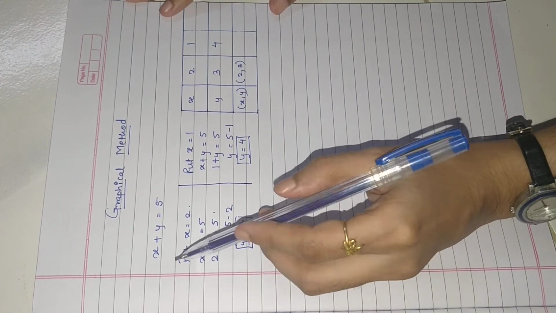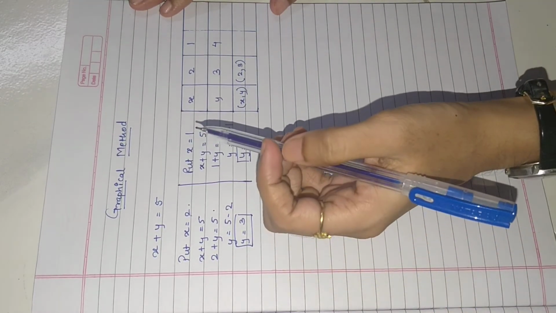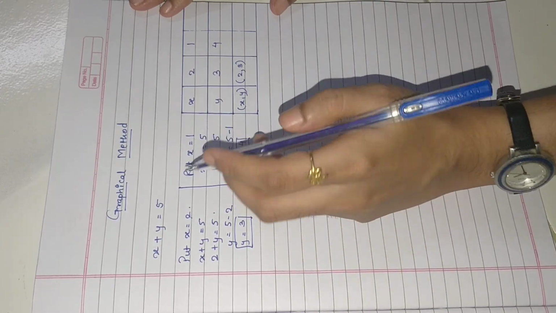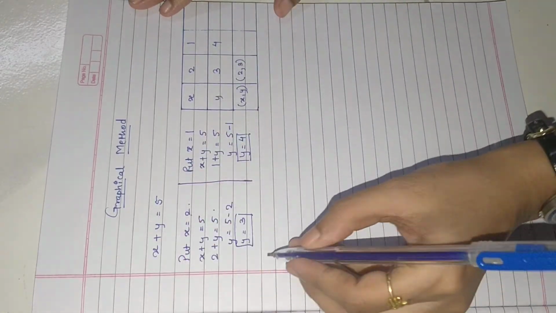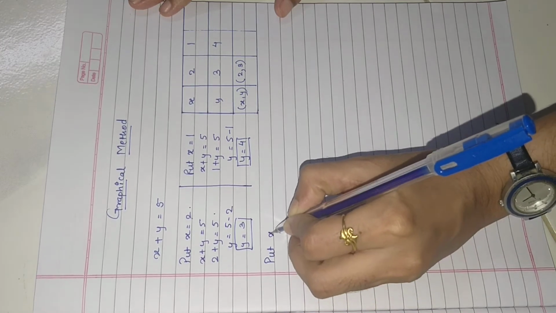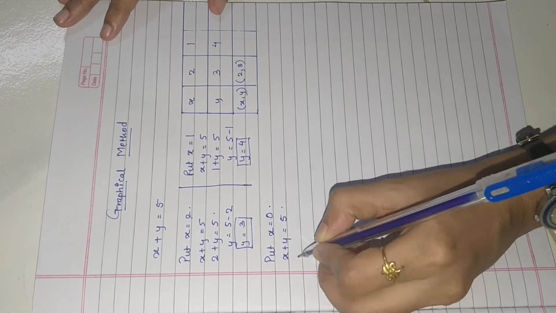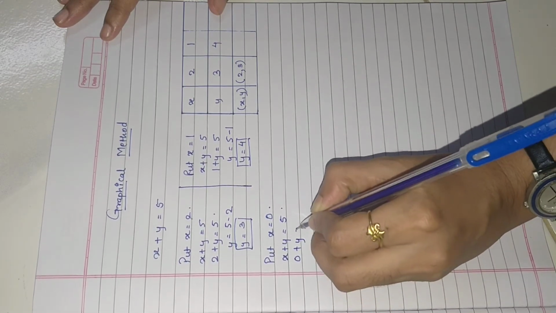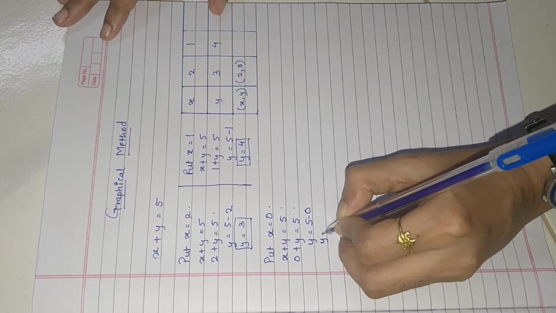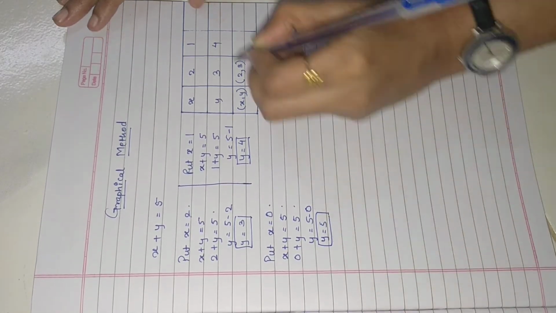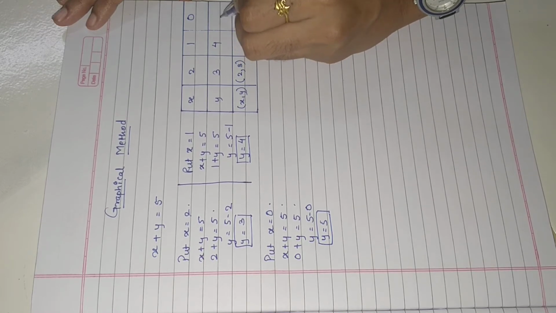Now a question may arise in your mind, where do these numbers come from? These numbers are your own assumptions. You can assume any number at this place. You can assume 5, you can assume minus 2, you can assume minus 4, you can even assume 0. See, now I am assuming x as 0. So x plus y is equal to 5 is the equation. I assume x as 0, so y equals 5 minus 0, and y is equal to 5. So when I assumed x as 0, I got y as 5.